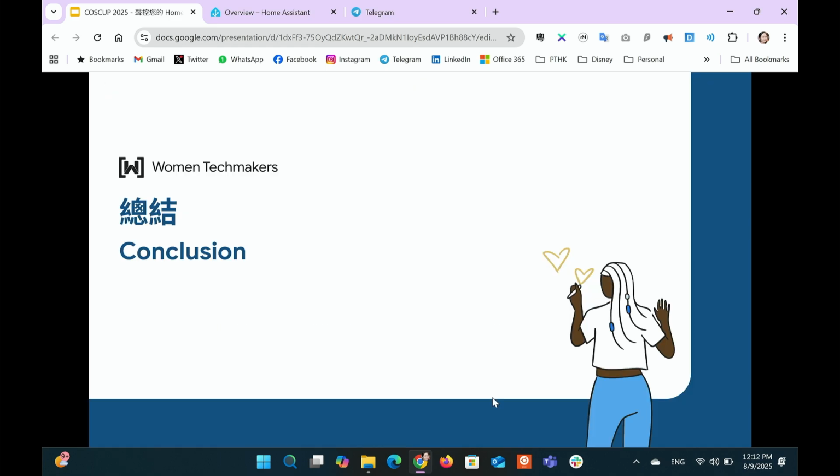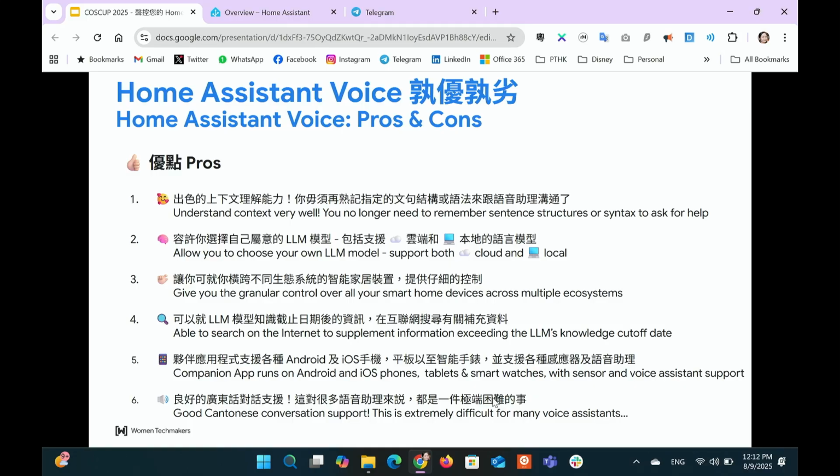Yeah, so basically, I just want to summarize things about Home Assistant voice. So why bother setting this up, right? It will take some of your time to do this. But by leveraging the strengths of LLMs, you can have much more natural conversations with the AI, right? Just like when you're chatting with ChatGPT or Gemini, you can use your voice to do that kind of chatting